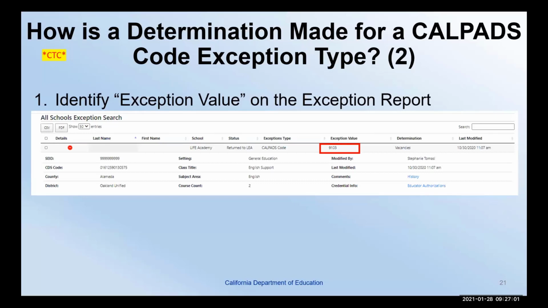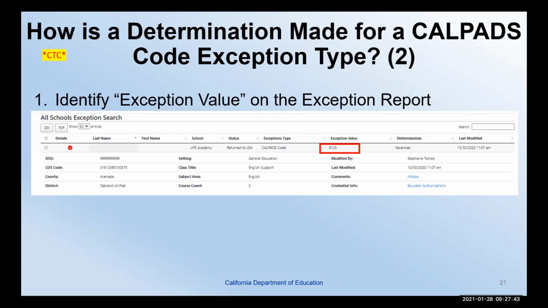So, Erin, do you mind if I chime in here really quick? For those of you on the CalPADS side of things, you don't have access to CalSAAS, and so you are asking specifically for a map from a CalPADS state course code to the credentials and authorizations that are required to teach that particular course. So even though you can't see what's in CalSAAS, that little subject area line will generally tell you which authorization they should be looking for. Those are also listed in our valid code combinations document.